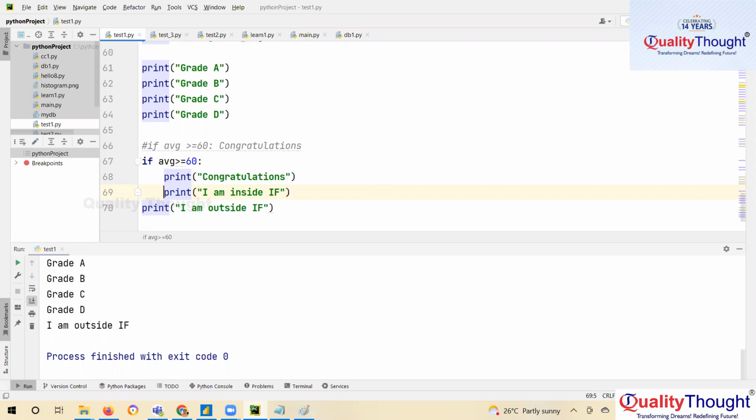Okay, now we'll take an example where I need 2 conditions. If it is more than 40, I want to say you have passed. If less than 40, I want to say you have failed. 2 conditions, more than 40 and less than 40. Okay, so here,